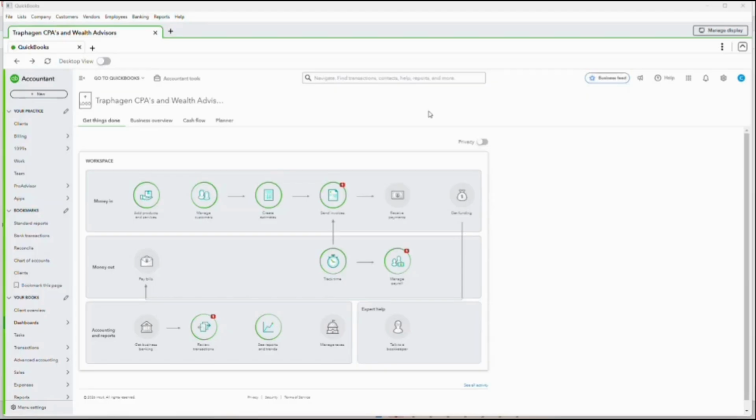Craig Sikora. I'm a manager at Traphagen CPA and Wealth Advisors, and I am putting together this video to show everybody the new QuickBooks Online desktop app, just as a quick review, just to go over what it looks like,